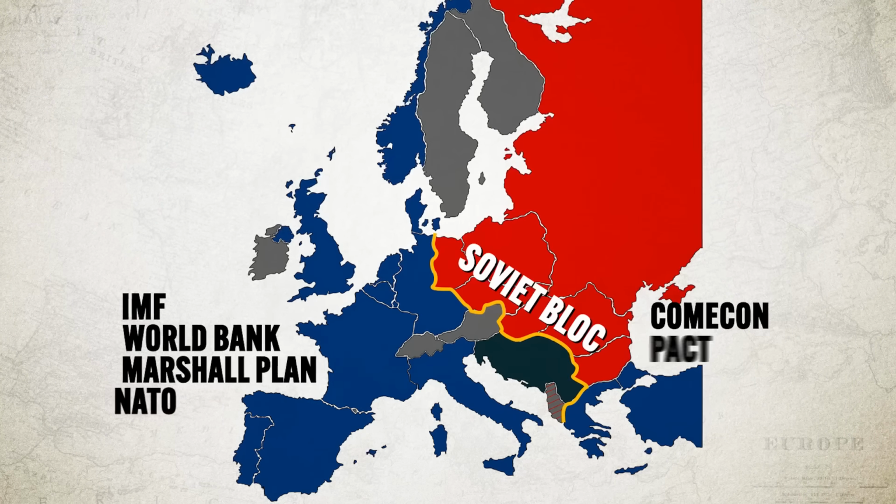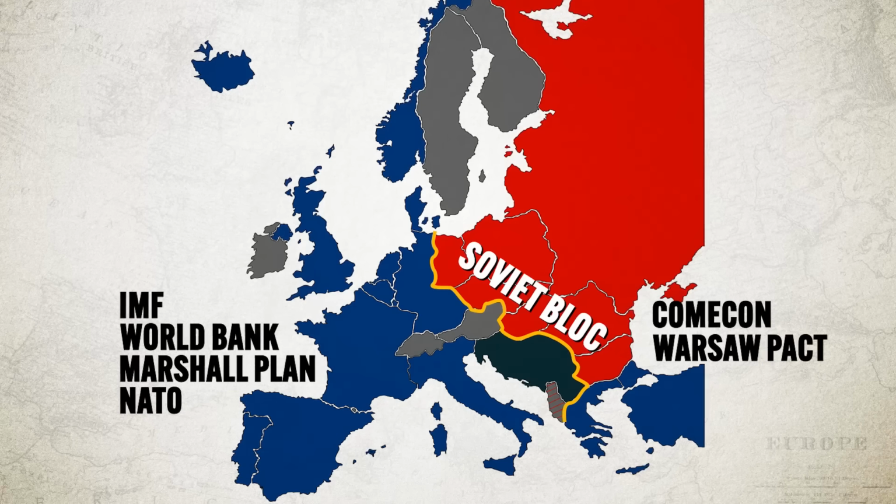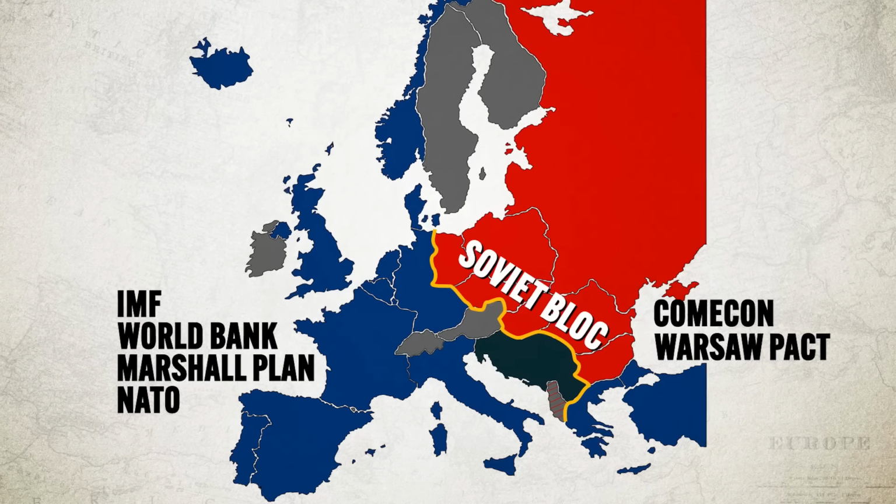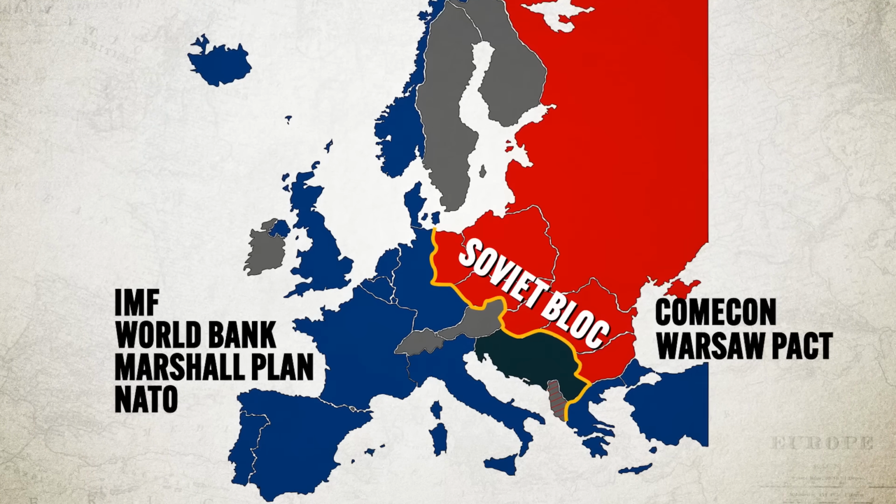Their answer to NATO was the Warsaw Pact, which was a military alliance with the satellite states of the Soviet Union, which again would require dependence on the Soviet Union in those places. Now, so far it just sounds like we have similar situations in the East and the West. In the West, the United States led to the creation of many of the organizations that I mentioned before, and in a lot of ways, membership in those organizations and treaties made Western Europe dependent on the United States. And that's essentially what's happening in the East as well, except with the Soviet Union. But here's where the comparison starts to crumble.